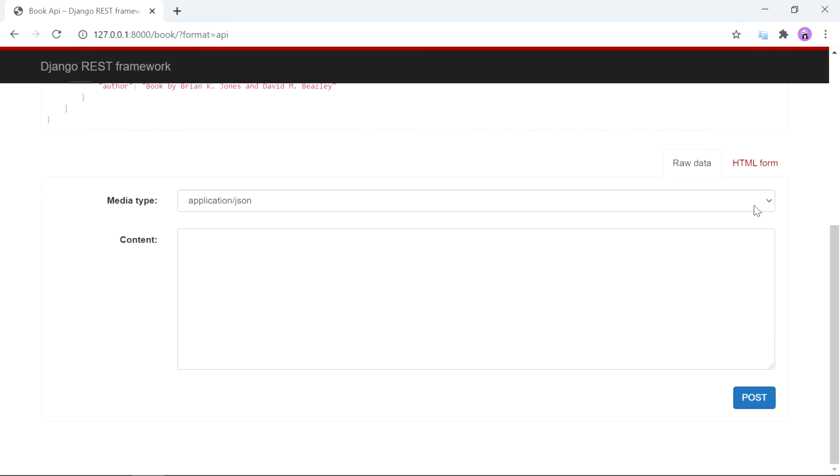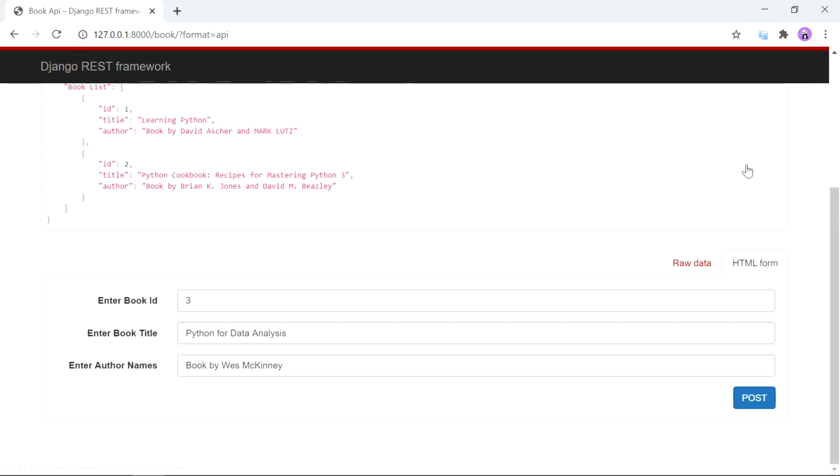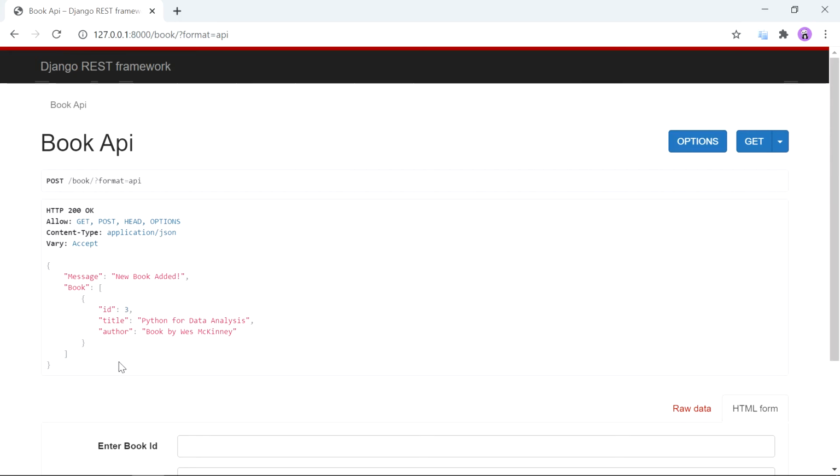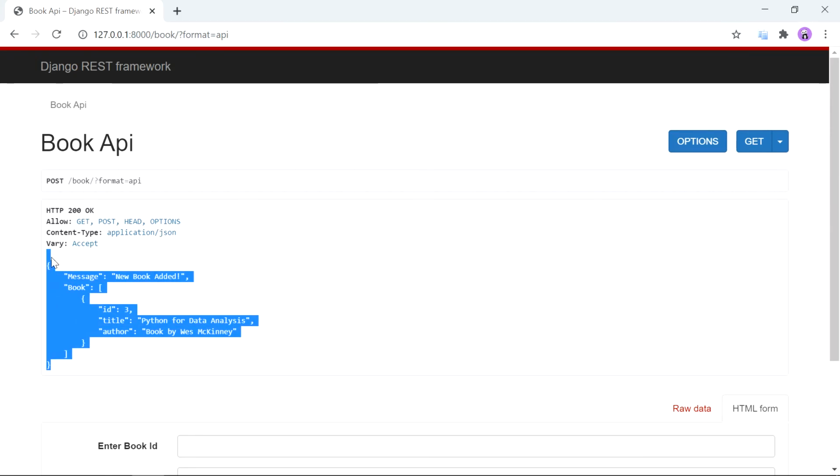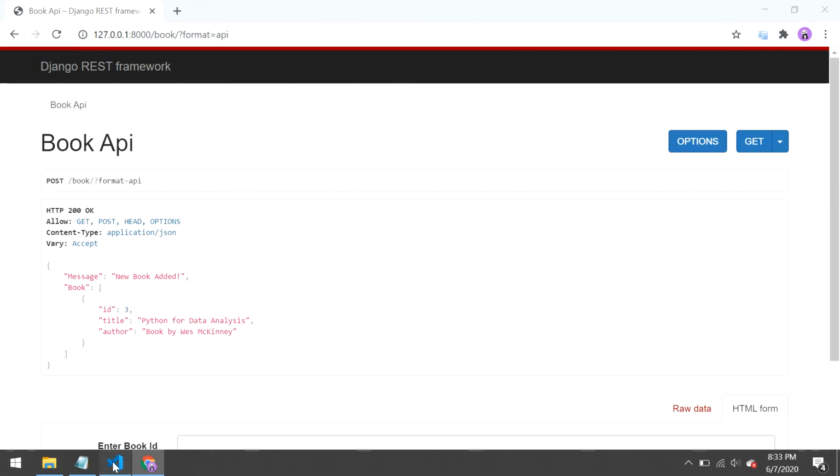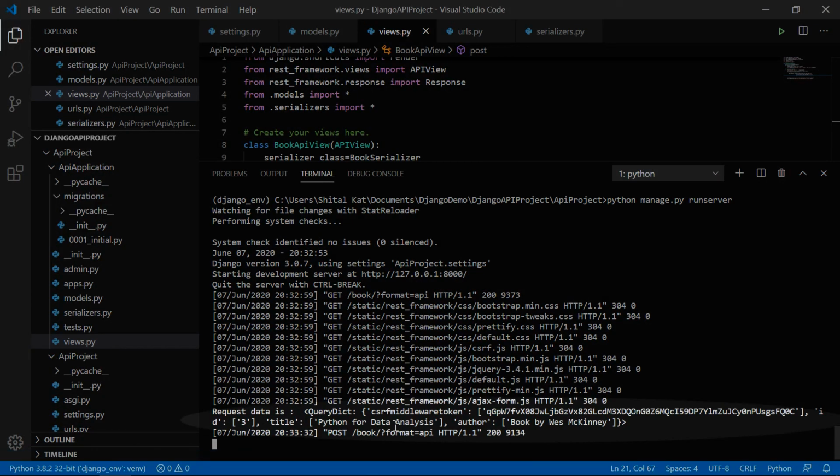We can submit book details in key value pair also. We'll click on submit and a new book has been added. And here you can see a debug statement. So when you think your method is not working properly, use this debug statement to know the value of a variable.